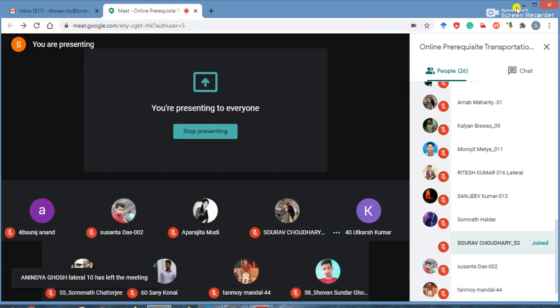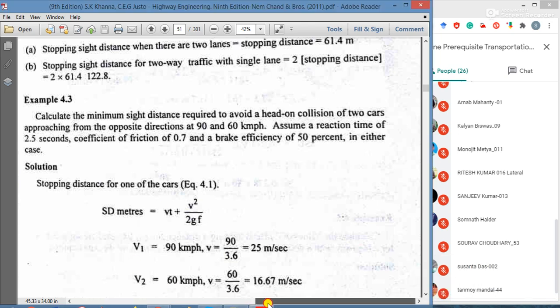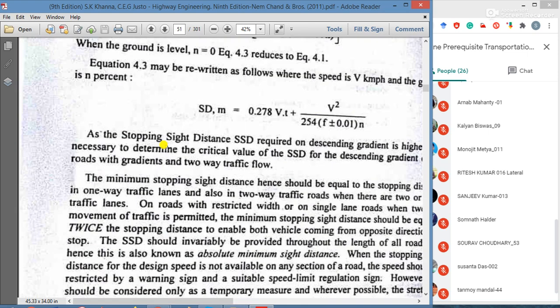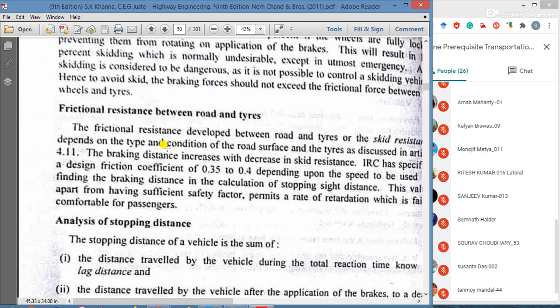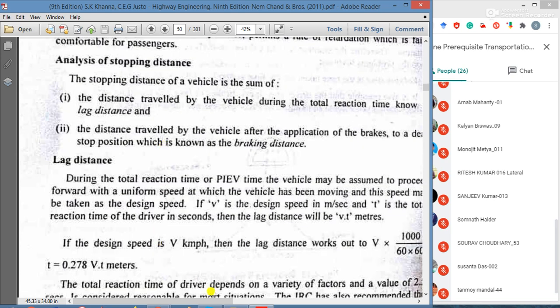Wait. Braking distance and lag distance. Okay. In an earlier class, I told you that the lag distance totally depends on the total reaction time, or PIEV theory. PIEV theory means the things are related to the human being, to the driver,